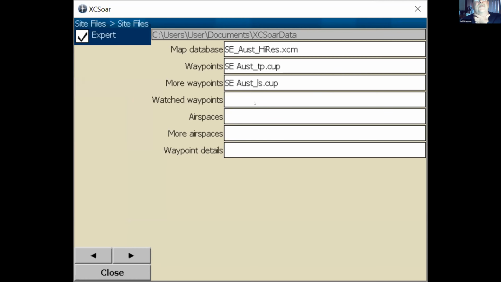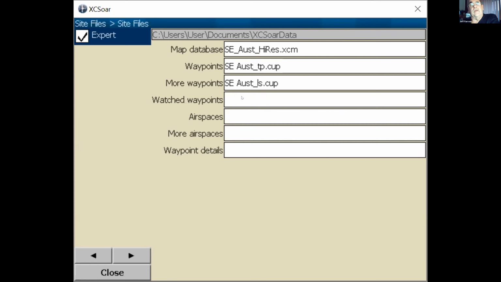Watched waypoints is a file a bit like the airport text one. It can list specific turn points in there where the XCSoar will do extra calculations on it. It will actually put labels on it as to what height you're going to cover it, reach it, and things like that.